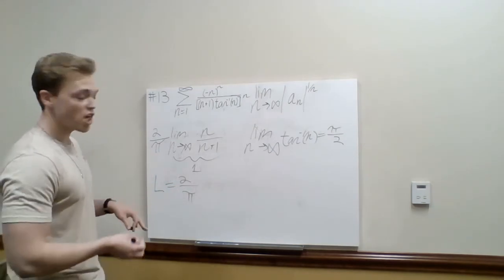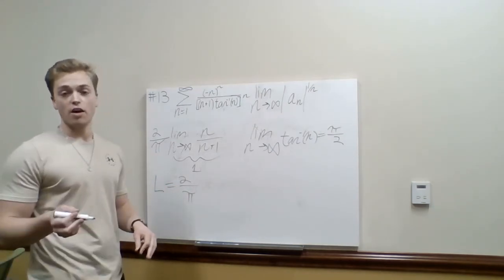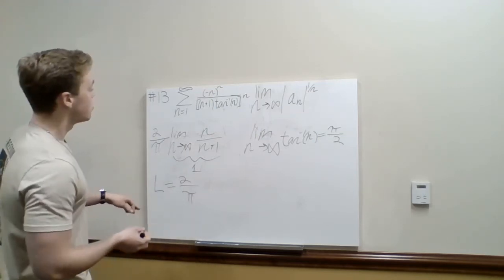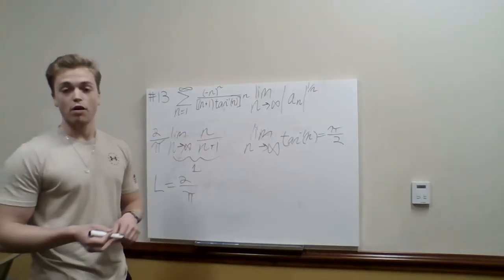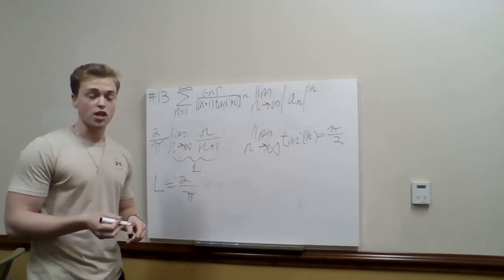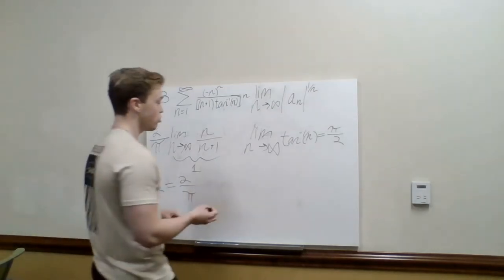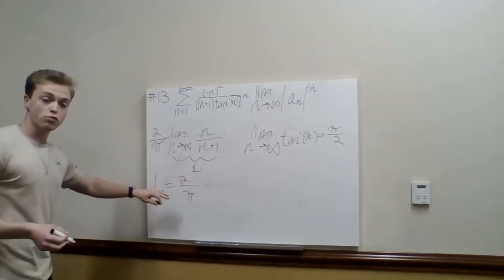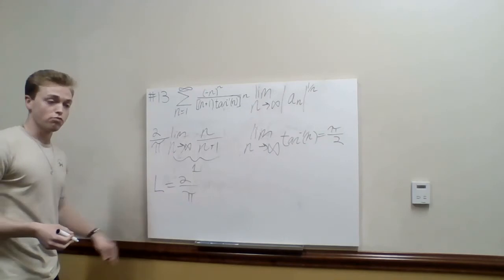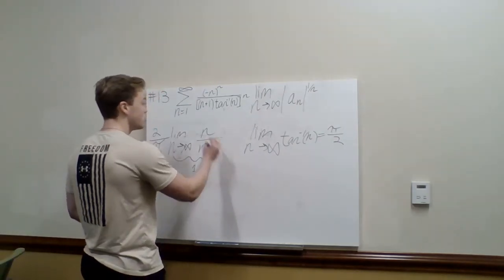And the root test says that if you find L for something that you take the nth root of, then that means that it's got to converge absolutely as long as that limit is less than 1. So by the root test, and because this is our L, right, we've got that this series